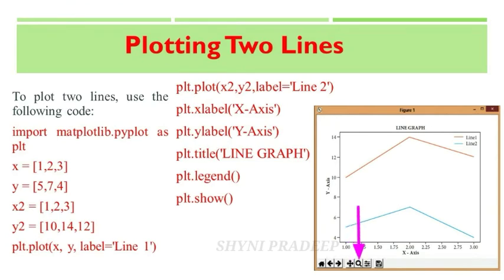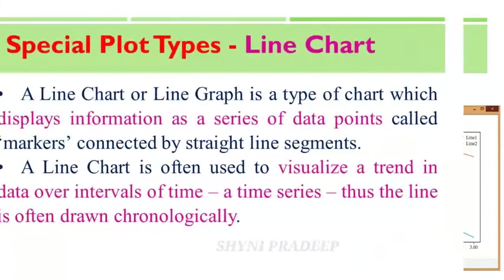Next, the zoom button. This zoom button lets you click on it, then click and drag a square that you would like to zoom into specifically. Next, the configure subplots button. This button allows you to configure various spacing options with your figure and plot. And next, the save figure button. This button will allow you to save your figure in various forms. Okay. These are the buttons of the graph.